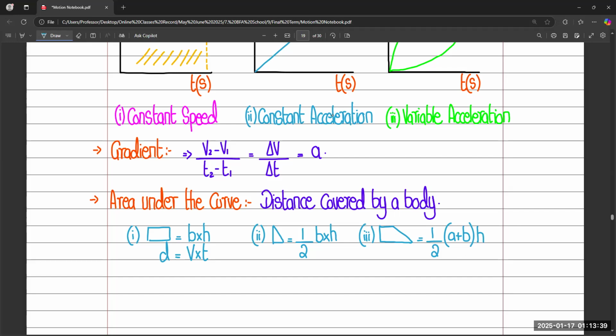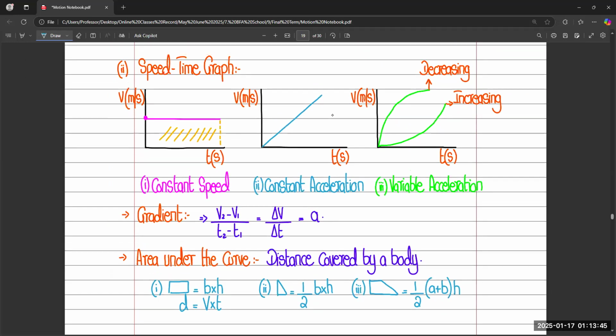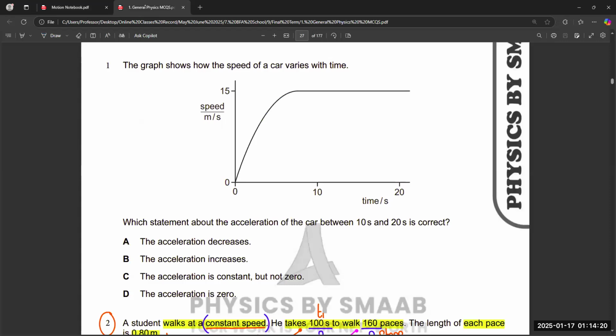And if we consider some questions from the graphical representations of a speed time graph and distance time graph, then you will get an idea how to solve questions related to these graphical representations. Questions are easy to understand and solve related to the graph because mostly questions are from the graphical representation topic. So let's see in MCQs first.